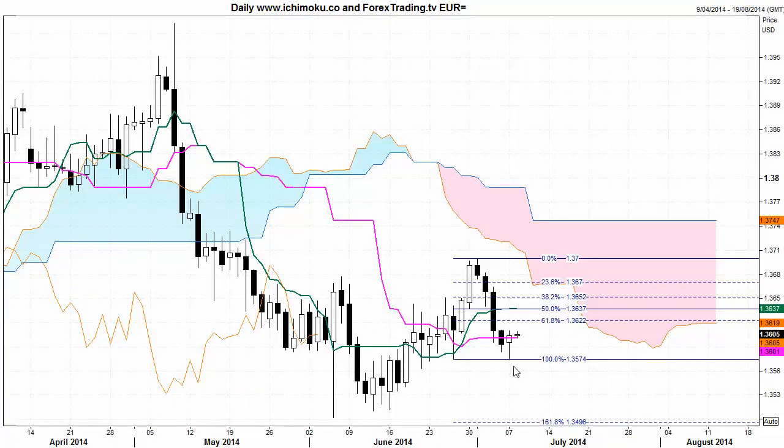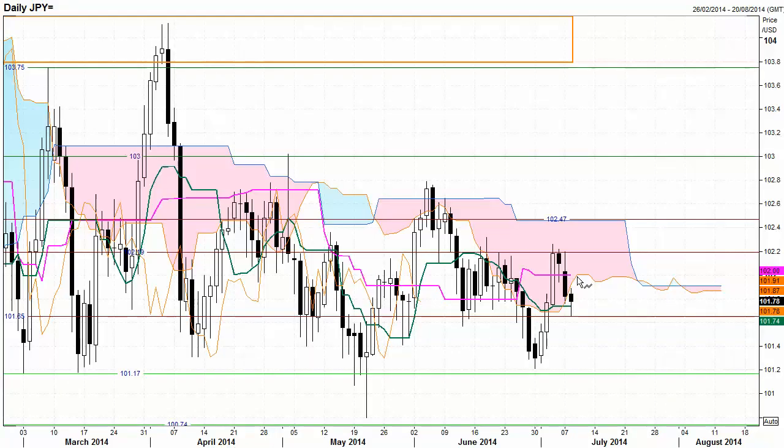And with the Fibonacci retracement technique, we have the market testing exactly to the 100% level, and the sellers losing commitment there with a potential reversal pattern, or harami reversal pattern, suggesting a very strong possibility of a change of trend in the first time frame. Next, moving to the US dollar Japanese yen, and here we've seen a change of trend to